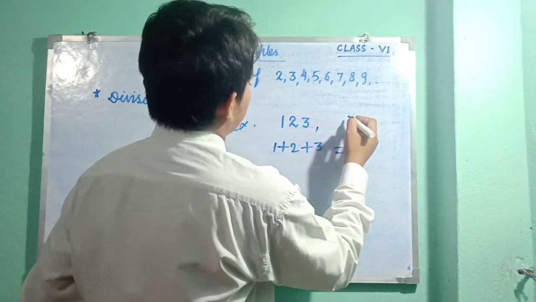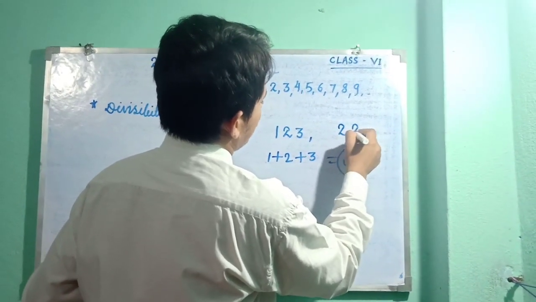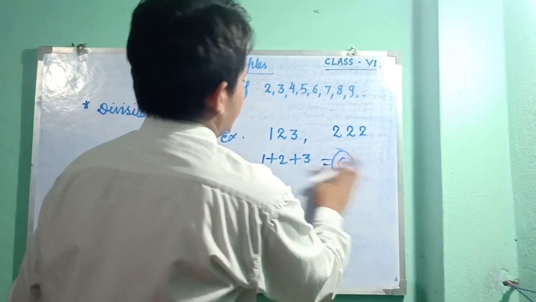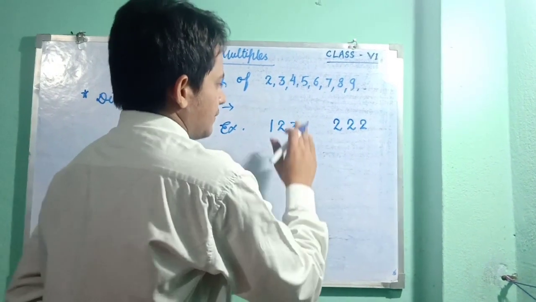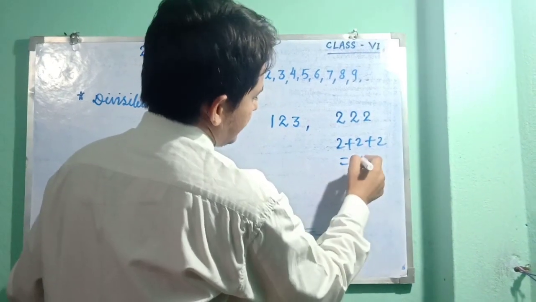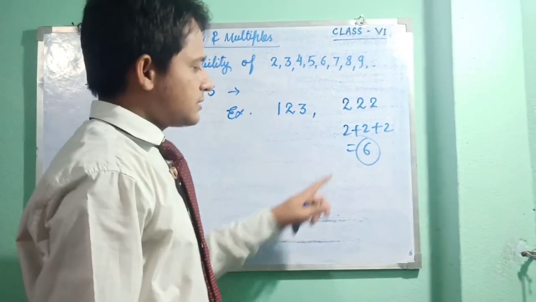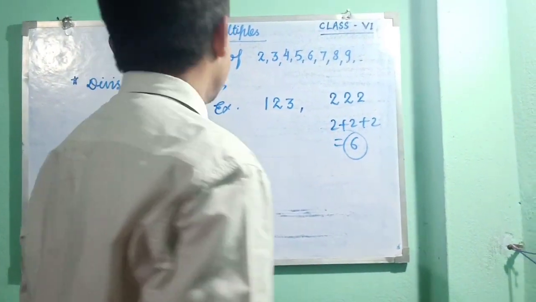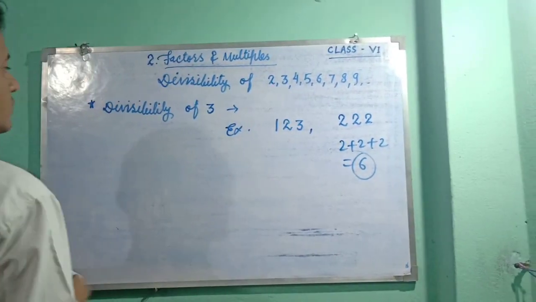Another example we can take is 2, 2, 2. Let us see. First, find the sum of all digits: 2 plus 2 plus 2 becomes 6. 6 is divisible by 3, so this given number is divisible by 3. Okay. Now see the next,